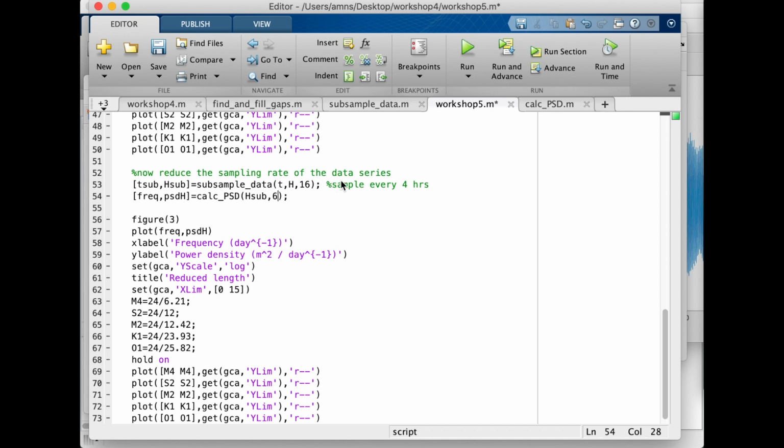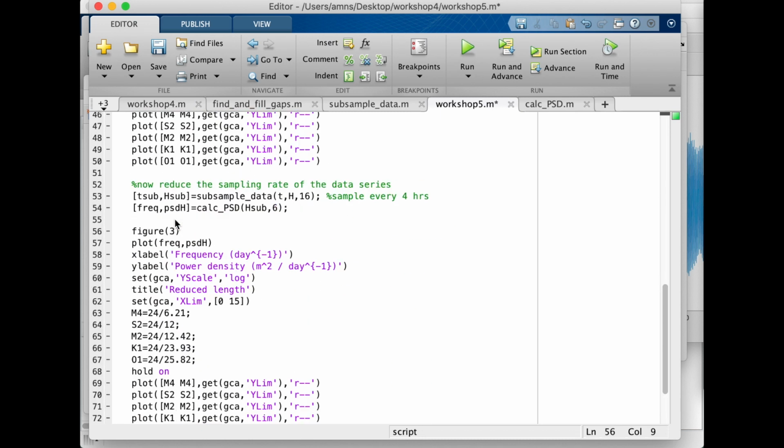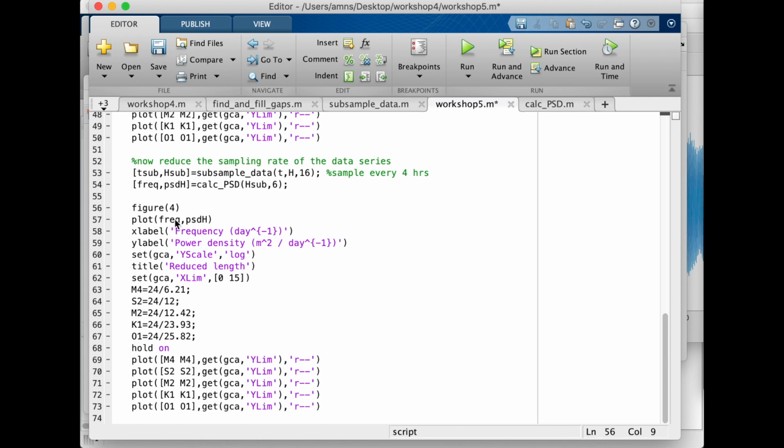So if we've got every 16th data point, which is 1 sample every 4 hours, that means that we've got 6 samples per day, which is our sampling frequency in our spectrum. And then we can produce another plot. So this is now going to be figure 4, and this is now a reduced sampling